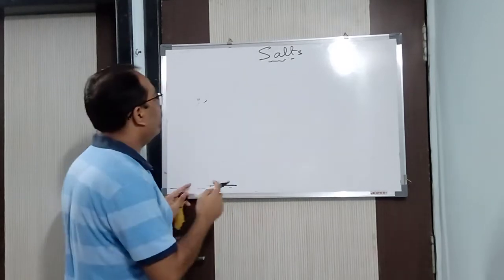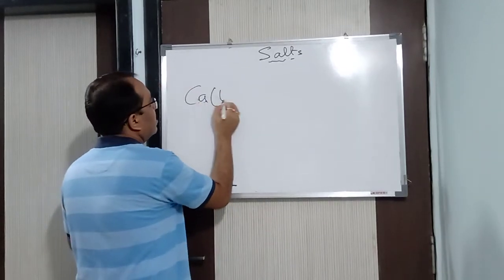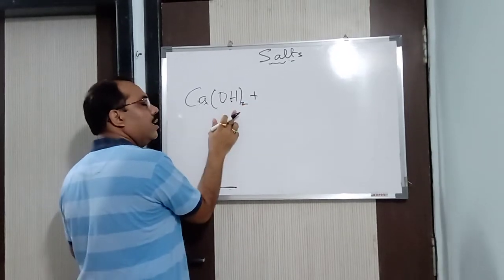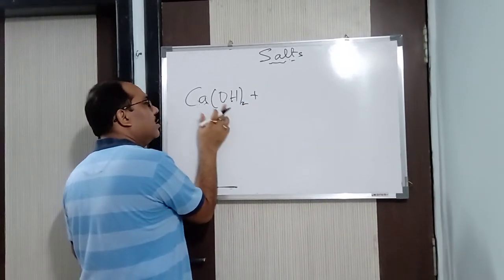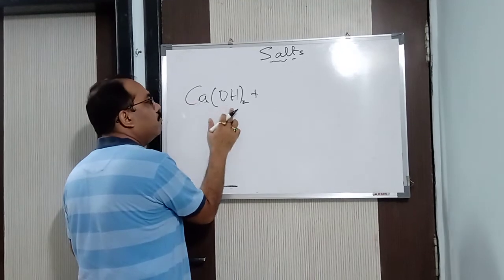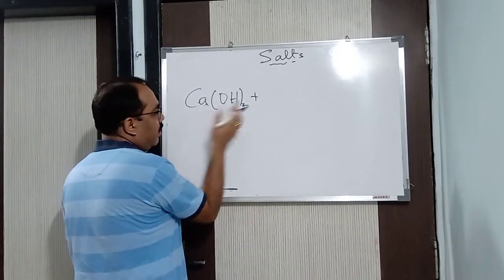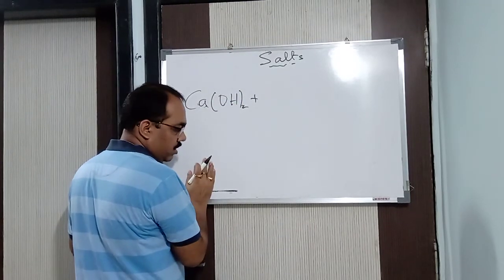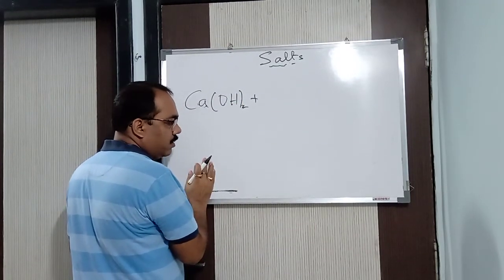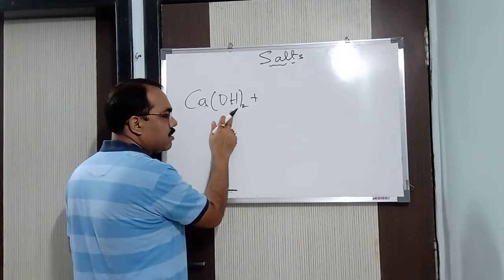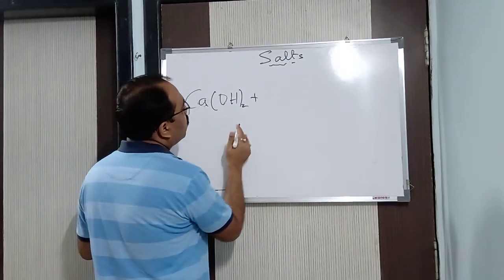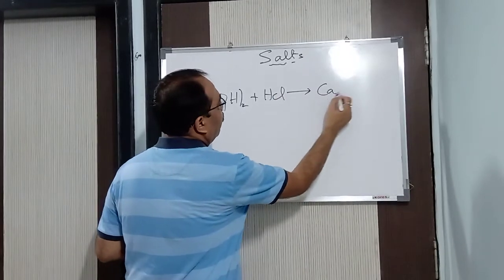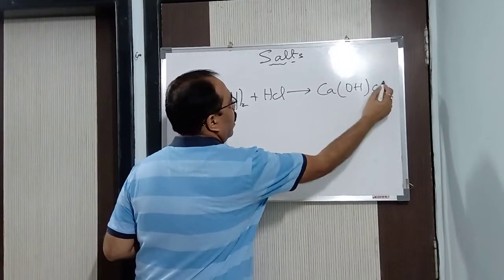For example, this one is calcium hydroxide. What is this? It is a diacidic base. But if I say NaOH, what is that? It's a monoacidic base. The acidity of the base is 1. Here the acidity of the base is 2. Okay, fine. So here if I react with HCl, let us say, and I get CaOHCl,